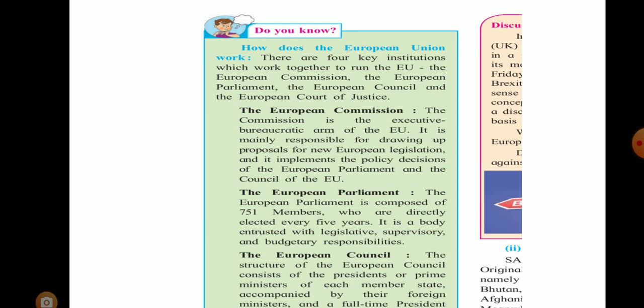Bureaucratic spelling: BUREAUCRATIC. Bureaucratic arm of the EU. EU means European Union, full stop. It is mainly responsible